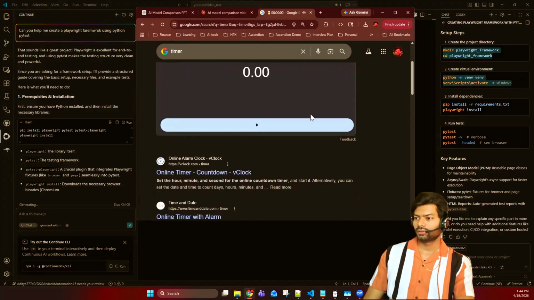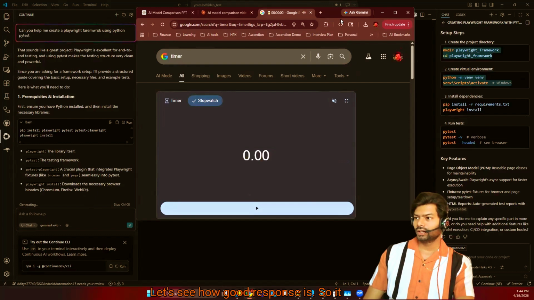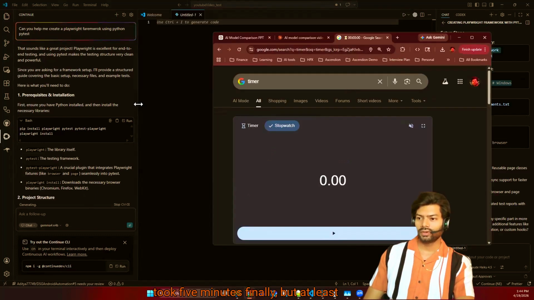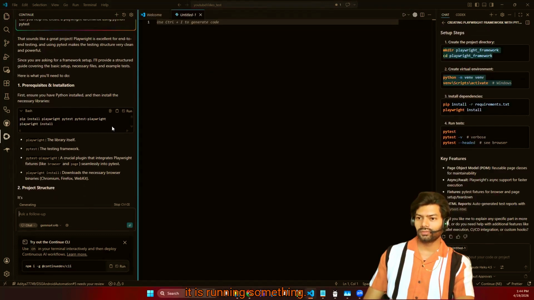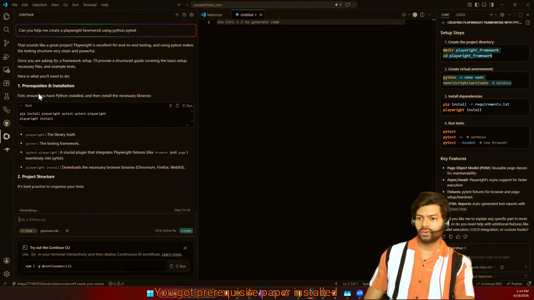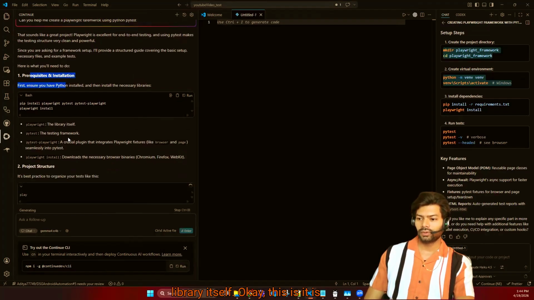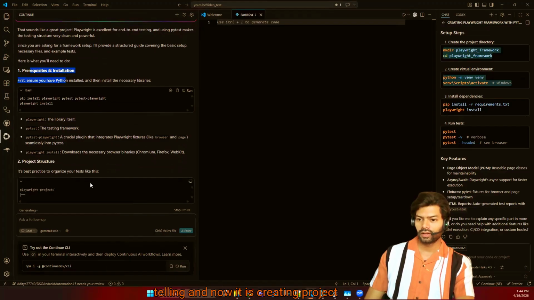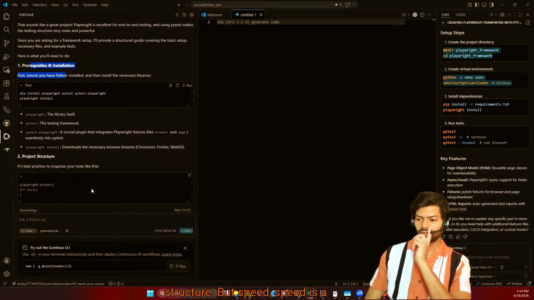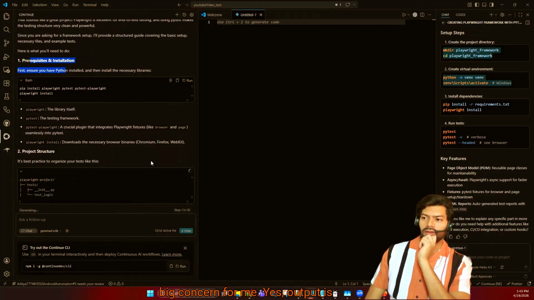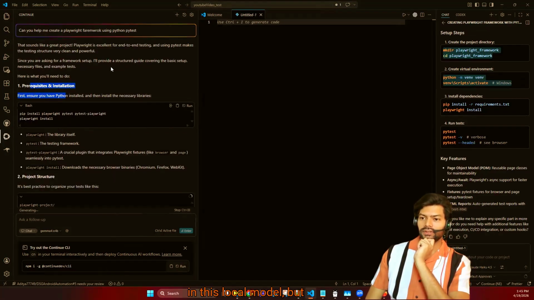Let's see how good the response is. So it took 5 minutes finally, but at least it is running something. You got prerequisites, installing the library itself. Okay, now it is creating the project structure. But speed is a big concern for me. Yes, output is generated, good, and so far it looks relevant. I don't see any errors in this local model, but